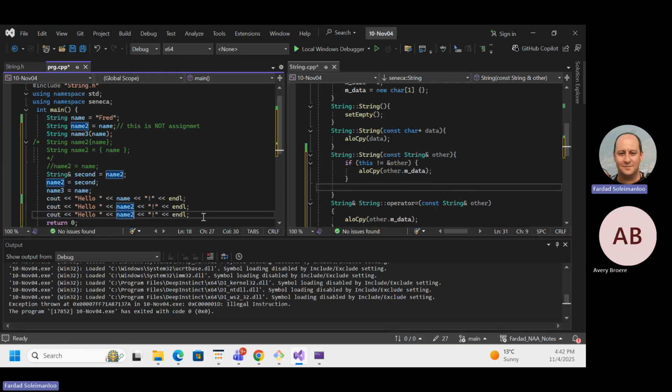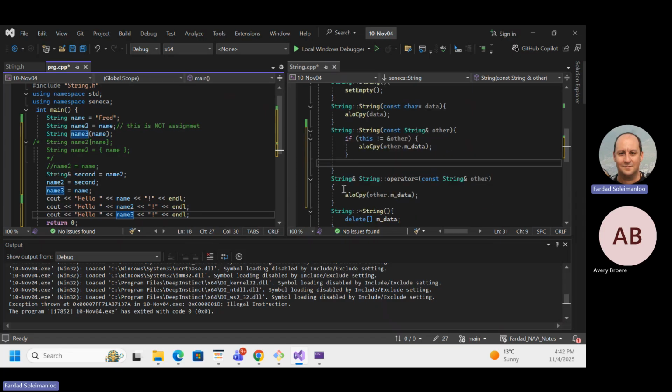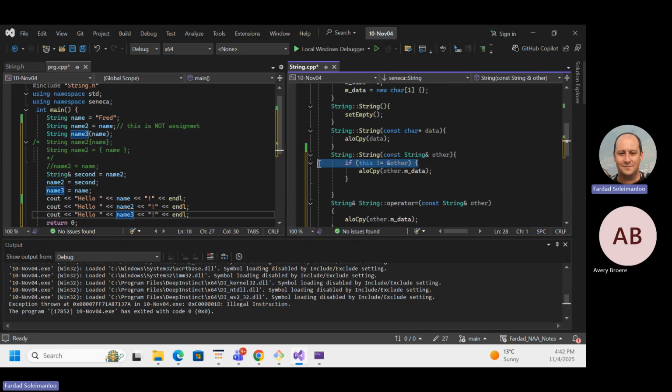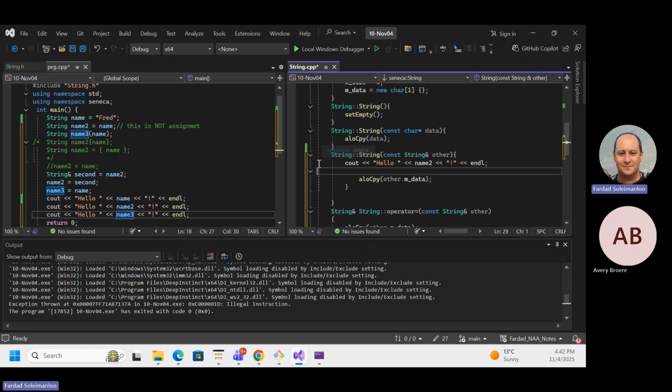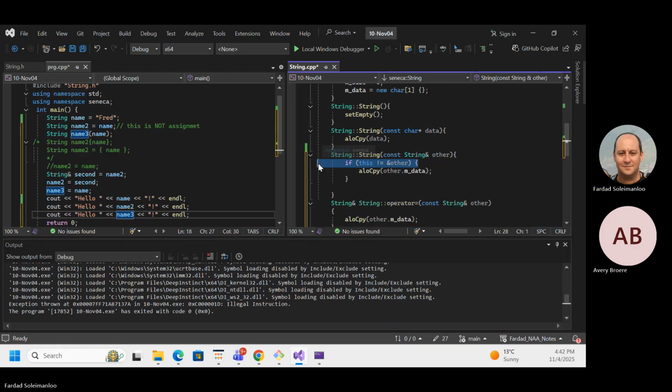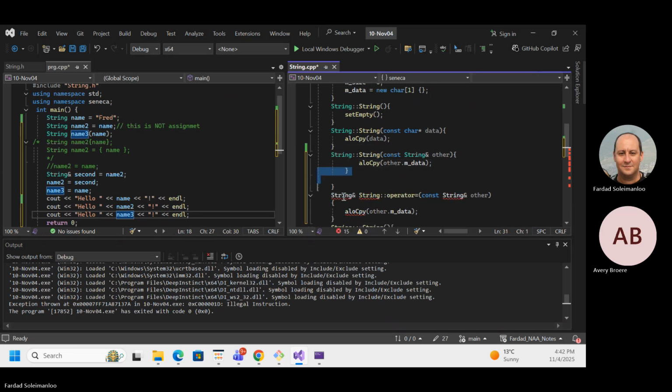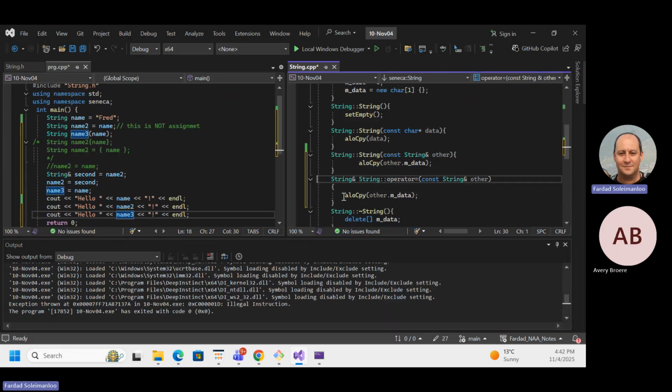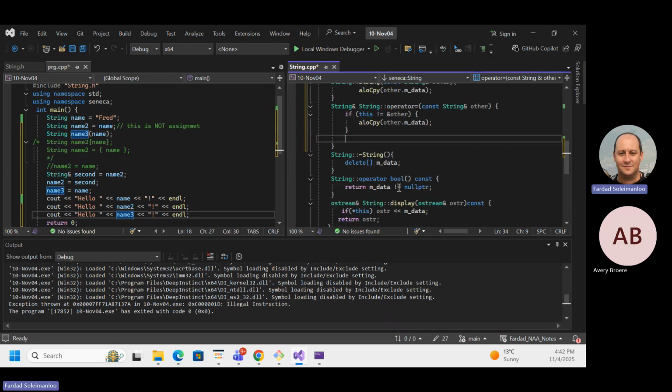There's one thing that is missing, which is this guy. Why is nobody saying anything? I put that thing in a copy constructor. Shame on you. I put that code in a copy constructor instead of assignment operator. Nobody's saying anything. You're the teacher. You're supposed to see. I know, that's what you were thinking, wasn't it? Okay. So yeah, there's one thing missing.